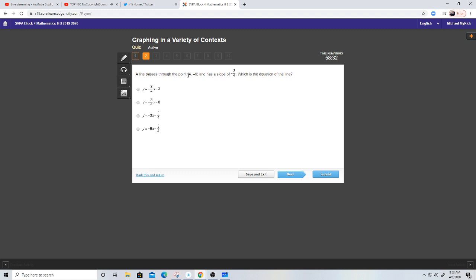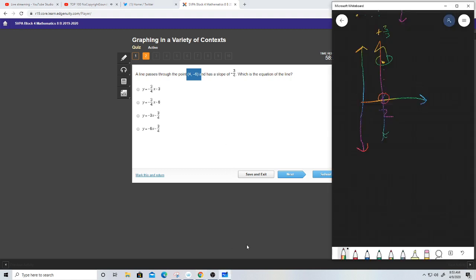A line passes through the point 4, -6, and it has a slope of -3/4. Which is the equation of the line? First things first, when they say slope, we know that it's this number next to the x. It cannot be these two. Second point of logic. Because this line passes through 4, -6, it cannot be that second answer because,